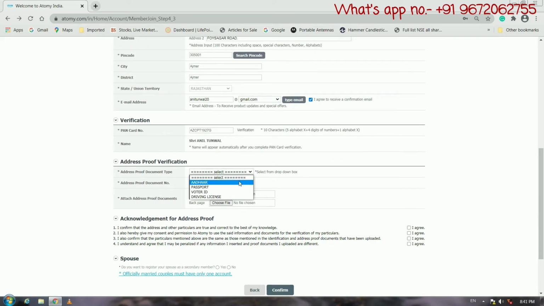In this case we are selecting the Aadhaar proof verification. Here we have to provide our document number, and here you have to upload your document.